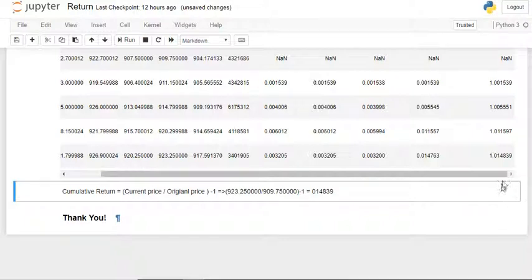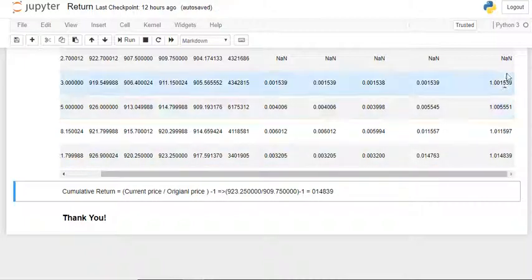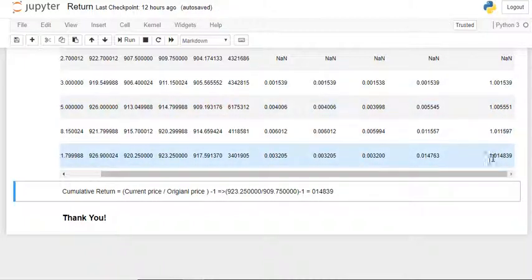factor. Okay, and if you ask me what is the cumulative daily return with a compounding factor, it is simple: you minus one, because you have invested $1. So that is 0.014839, not 0.014763. You know what I mean? So this is the difference. If you simply add all the returns and get a value, and if you compound the returns, there will be a difference. This is your real cumulative return here,